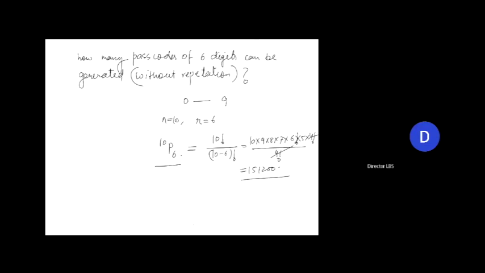Same way, if the passcode is 10 digits out of 10 digits, then it will be simply 10 factorial. Like I said, nPn is how much? It is n factorial. So then it will be 10 factorial. If instead of 6 you have to choose a 10-digit passcode, that will become 10 factorial. So this is one of the simplest applications of permutation, which gives you a total.